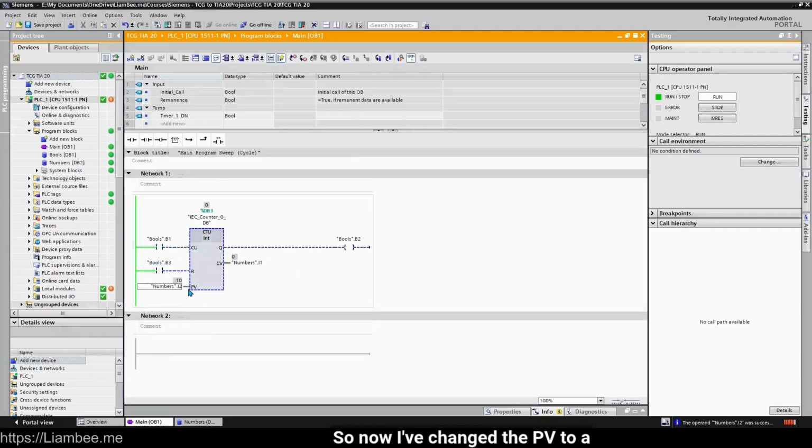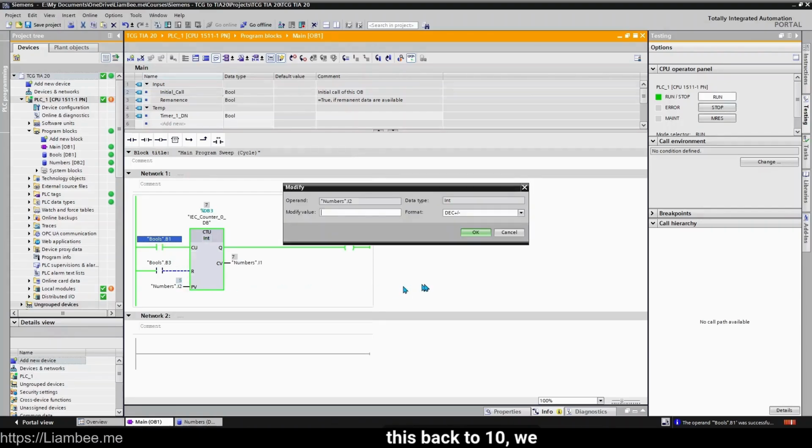So now I've changed the PV to a variable that we can change whilst it's running. And let's have a look at what happens if we have the same scenario that we have with the timers, where we change the numerical value once we've already started to count something. So if I set this to true, and we set the CV to 3, remember we were at 10 at the beginning, and I change this to 5. If I then increment up to 5, we go true. If I come up to 7, and then we set this back to 10,